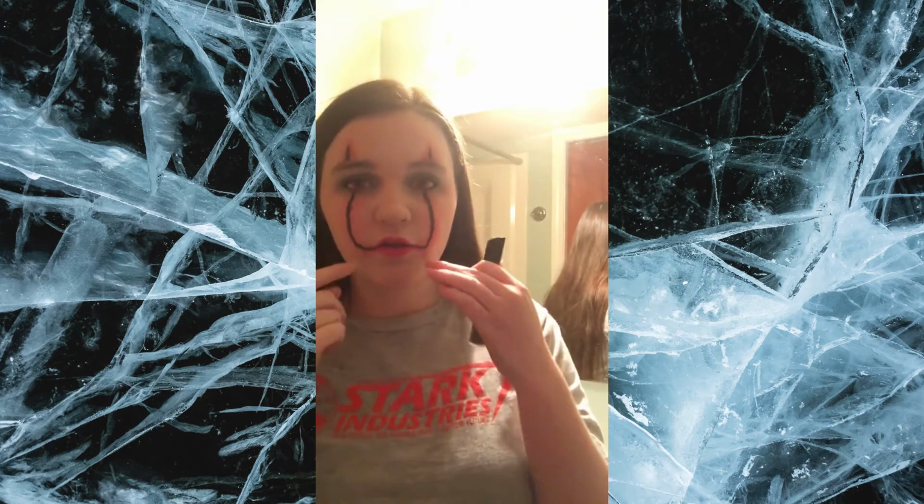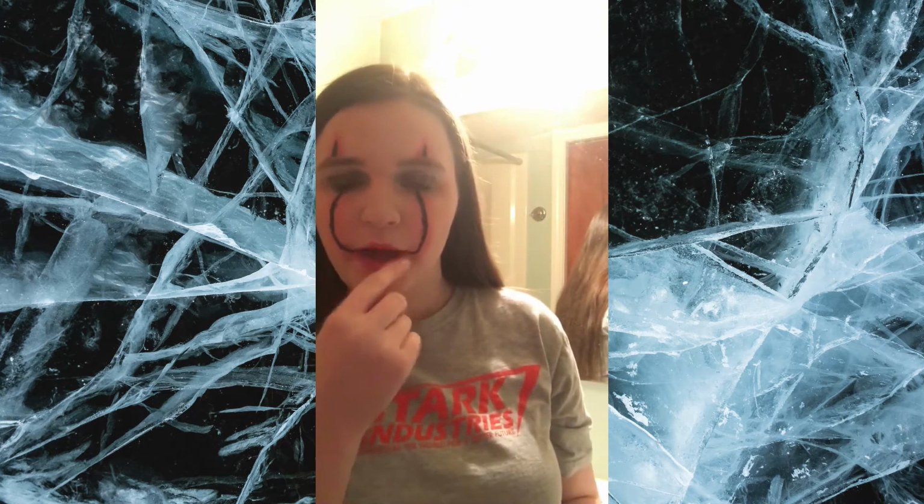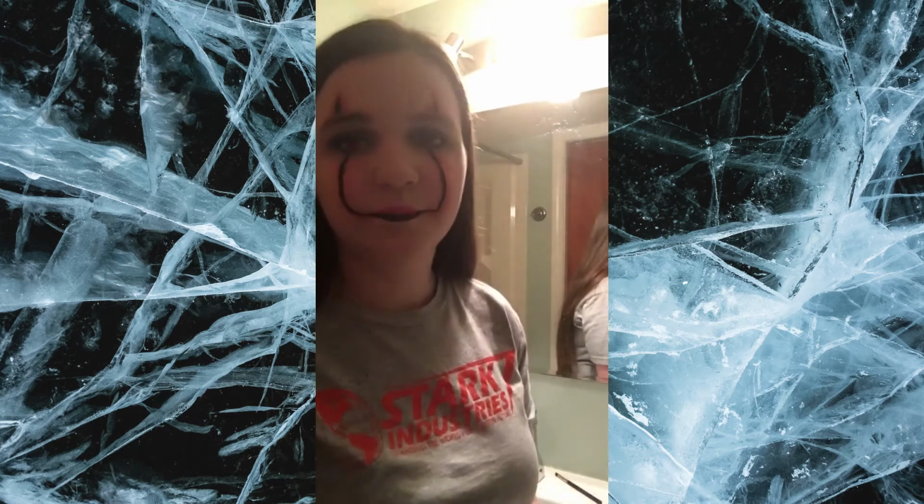Okay, I just finished this side, and I actually decided I wanted to do the black lipstick now, so that way I don't have to come back in here. So I'm just going to go around the bottom and around the top, but keeping the center red, hopefully. No, it did not work. So my lips are just going to be black now, so...